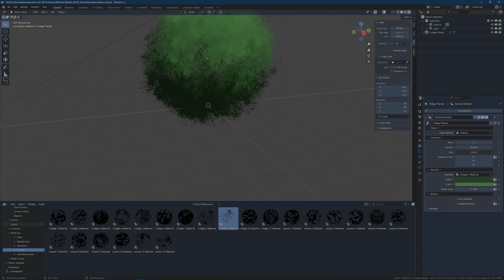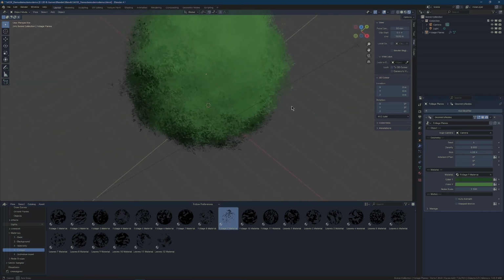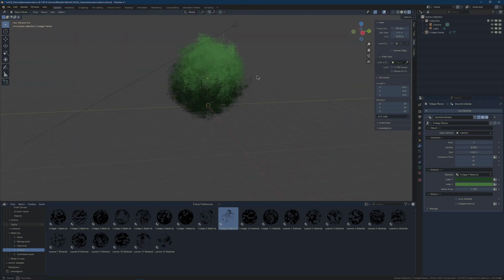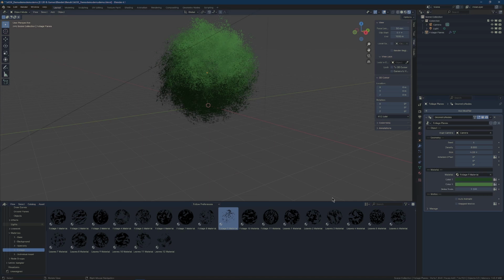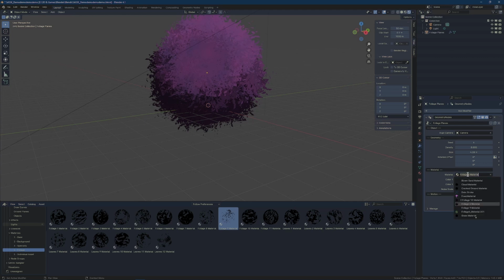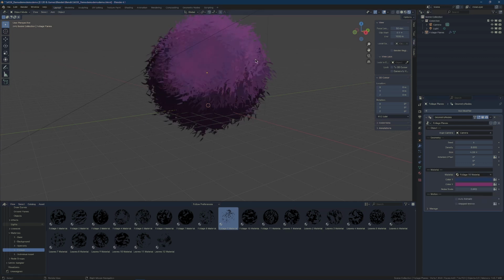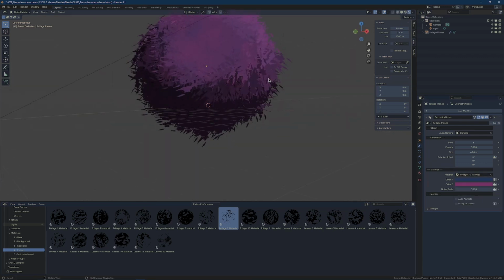So we can increase the size here. There's a number of ways to get some very different looks just by switching out the material, and they are all tied to these same color attributes. So this will change the color regardless of which material you have plugged in. And same, the noise scale is set via attribute. So whether we have foliage 9, foliage 6, foliage 10, or any of the others, they will follow the settings